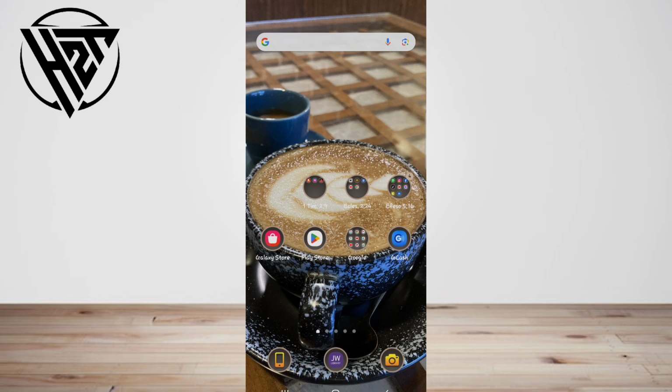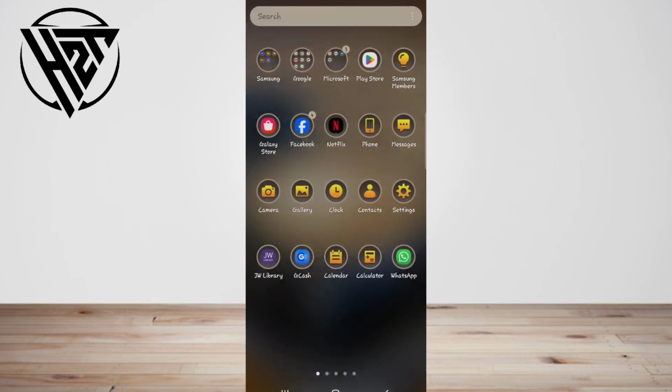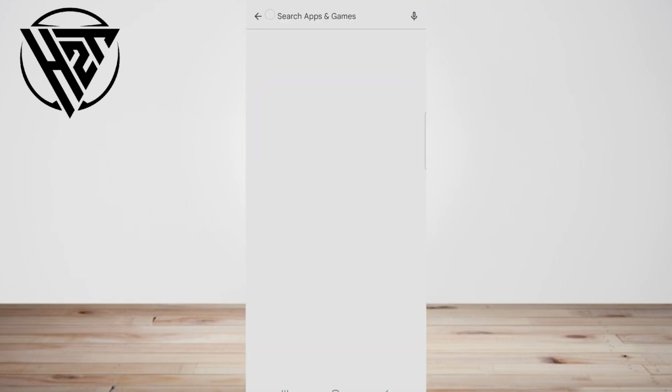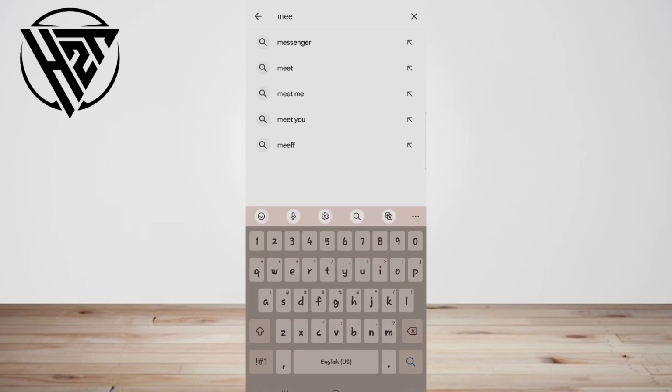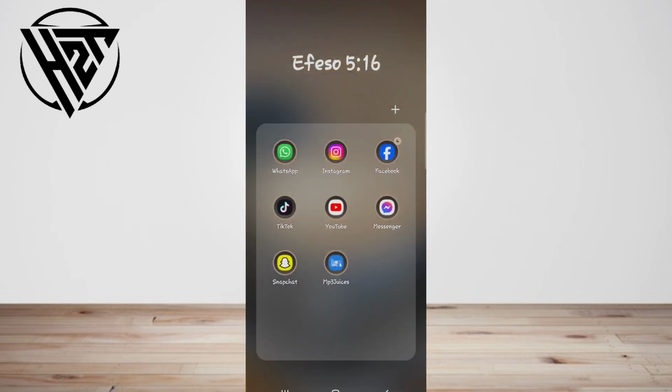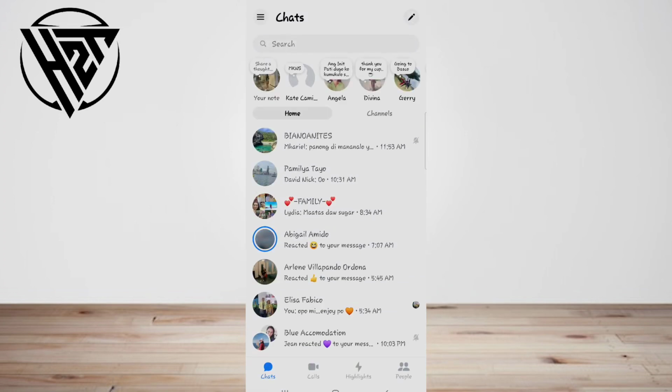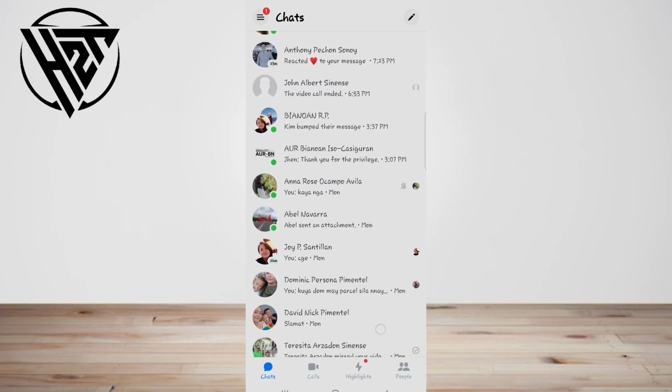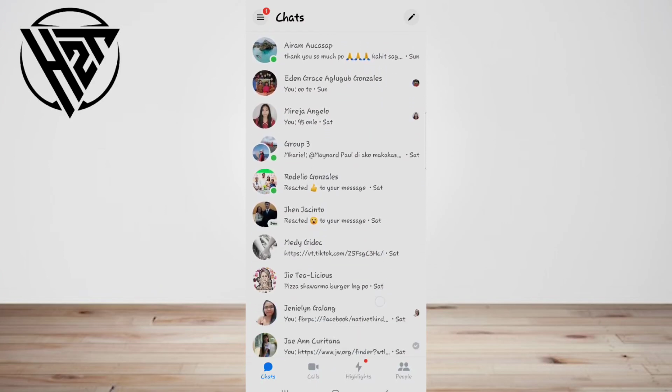And the fifth option, check for updates and reinstall Messenger. You can first go to Settings or go to Play Store and then search for Messenger. You need to update it or uninstall and install Messenger first. The latest version of Facebook Messenger usually includes new features and fixes for known bugs. So, installing the latest Facebook Messenger could be very helpful in fixing the video calling problem.